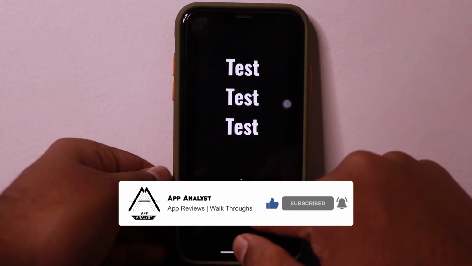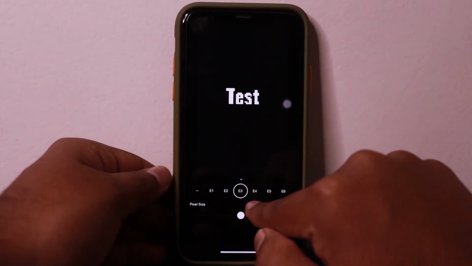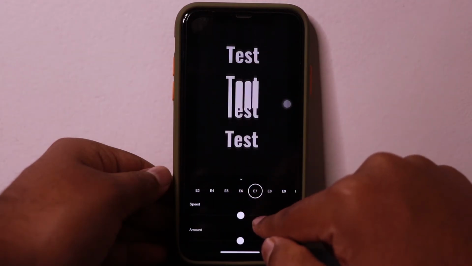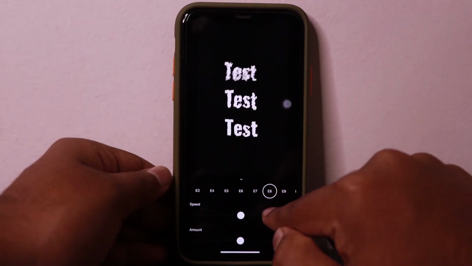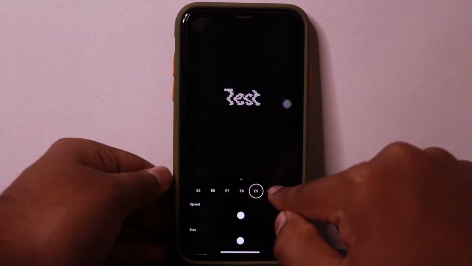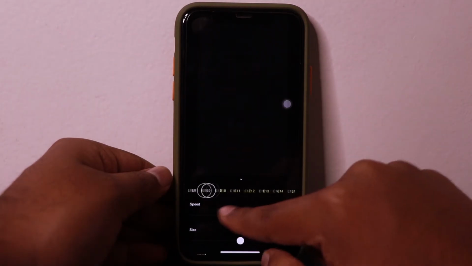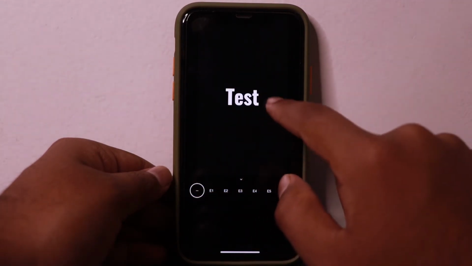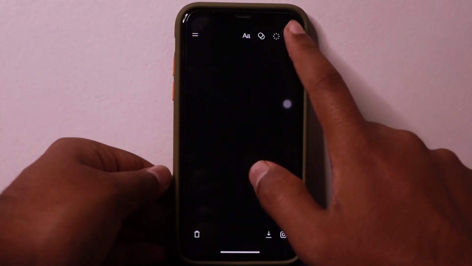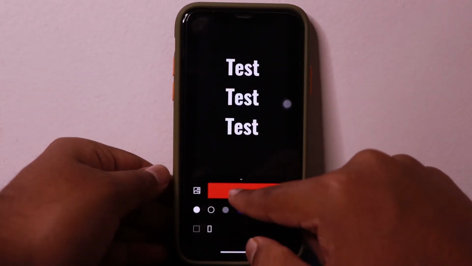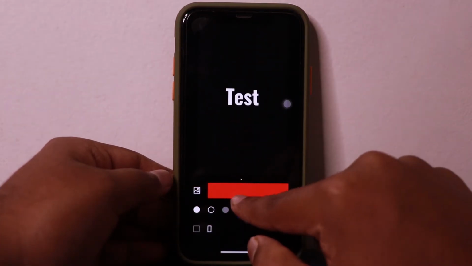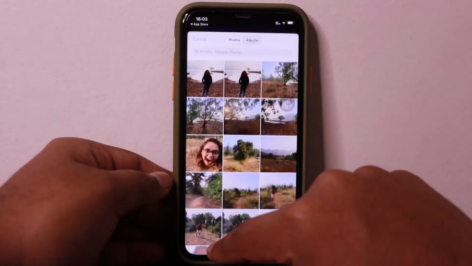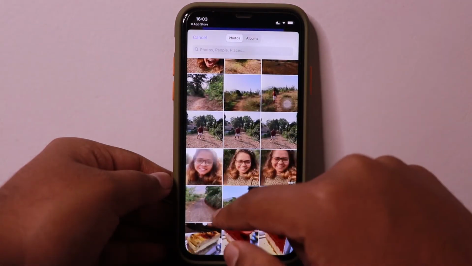Okay, and then you have another option. This is another animation that you can add to your text. This is an effect to the text, you can say. These are also almost 9 free and 9 paid. You can go with no animation as well. And after this, you have the option to add colors. You can add a colored background to your text. Also you can add an image. So let me just add my image.